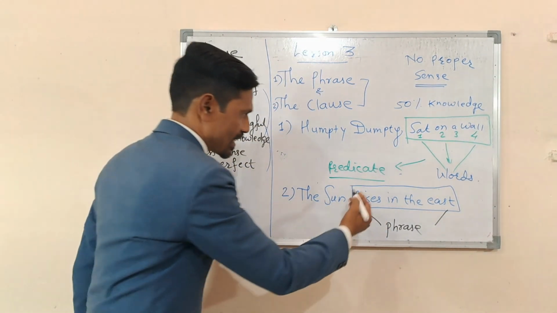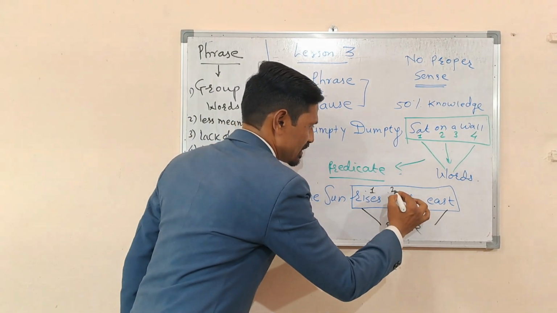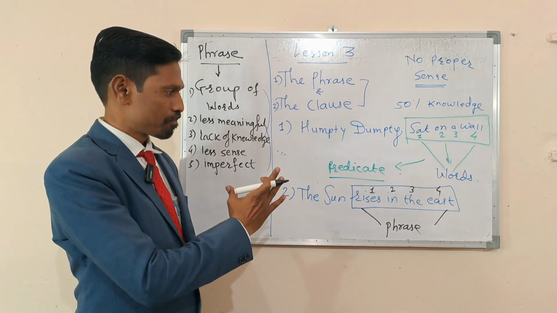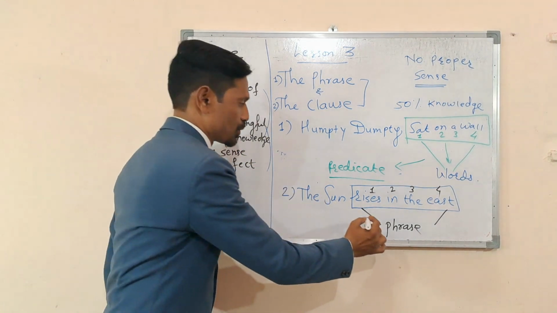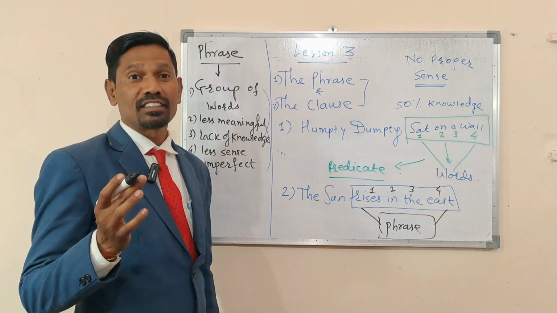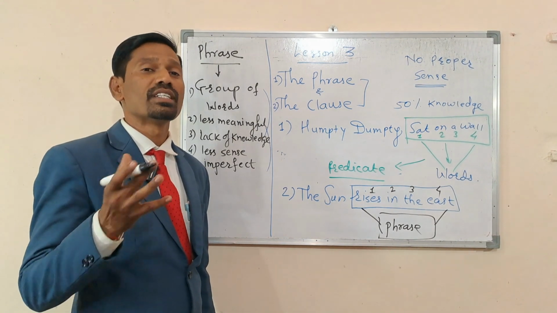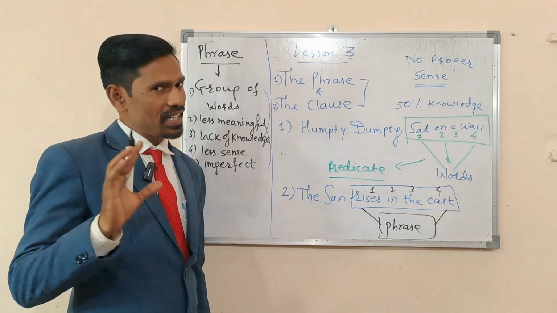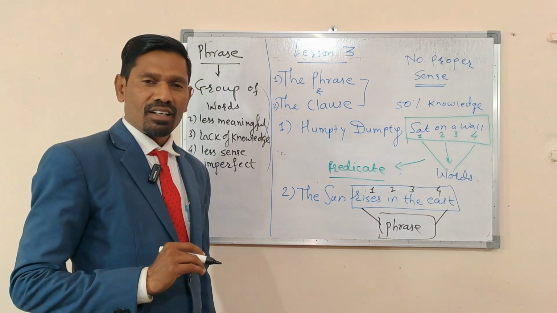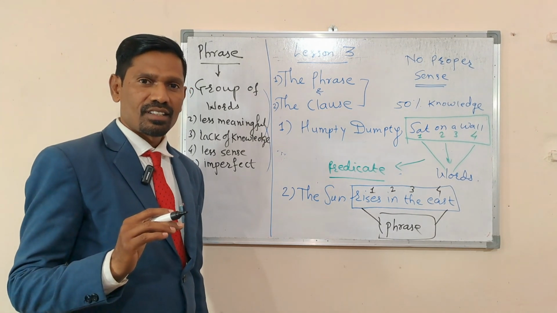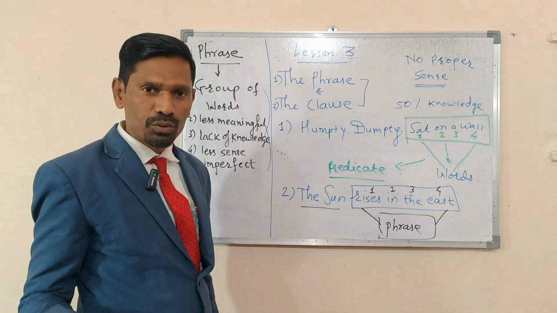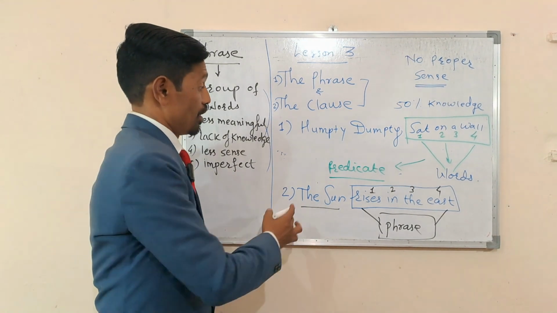Rises in the east. Once again I count this. Again, four words. Four words and their combination is known as a phrase. It doesn't mean what we say. If I said, the mountains, either sun or the mountains or the moon, what does it mean? So